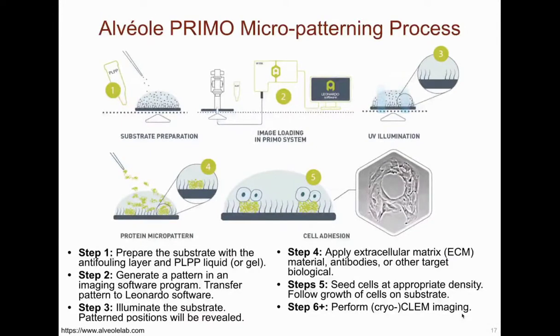In this schematic from Alvéole Labs, we review the basic steps in the maskless photopatterning process. First, the substrate, such as an EM grid or a light microscope cover slip, is coated with an anti-fouling agent, i.e. PEG, and then the photoactivatable PLP, the liquid or gel agent. Second, the user will prepare a pattern with a basic